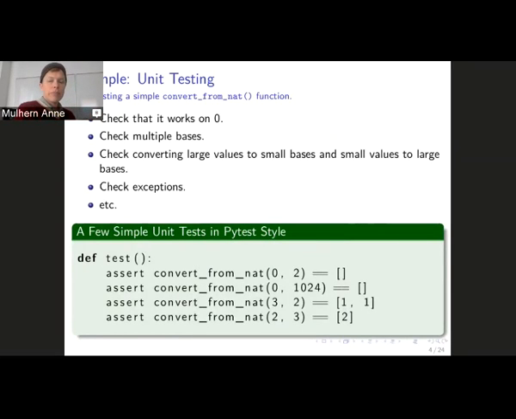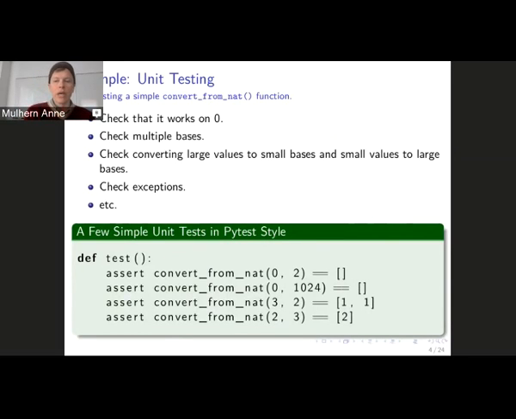And so I'm using PyTest for whatever reason. I write a few simple unit tests to try to catch likely modes of failure for this really simple function. And so I could do a lot of things. You can see me checking that it works on 0. The way I've defined this function is that 0 is no digits at all, because otherwise I'd have to wonder how many digits. So I went with none.